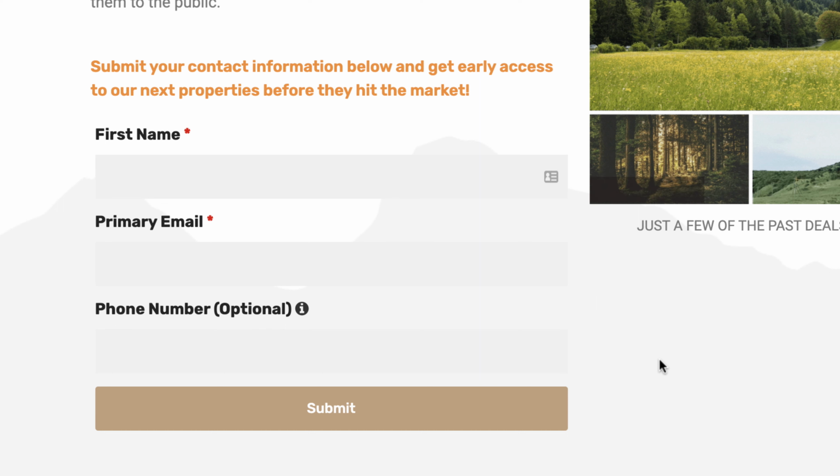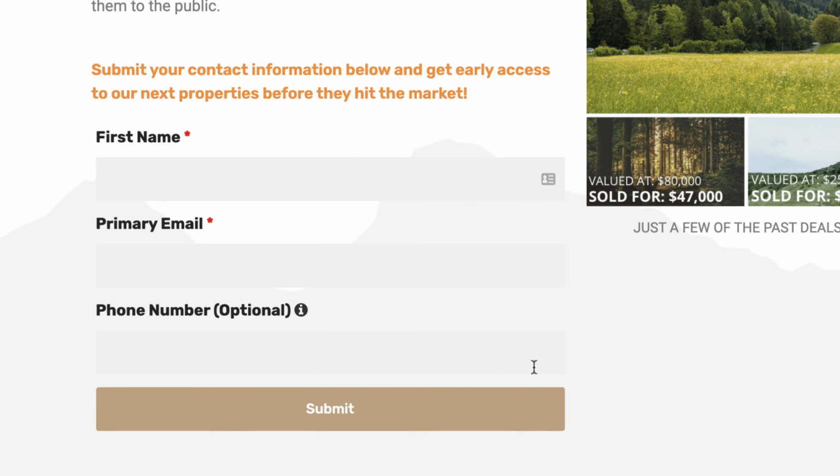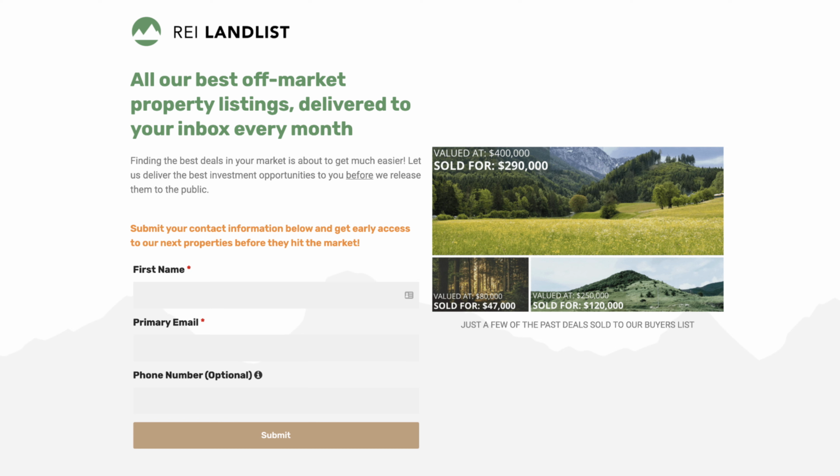With a phone number, especially if you pick up the phone and call a person directly, it's just much harder for people to ignore that kind of personal attention. So if you do have a buyer's list that you intend to really use and engage with on a regular basis, having that phone number, even if you don't require it, but just giving people the option to submit that to you can be very helpful. And there are ways to automate this a little bit as well with the phone number, which I'm going to show you in just a minute. Before we get to that, I'm just going to show you a couple other examples here.